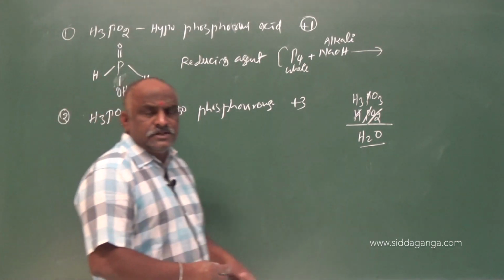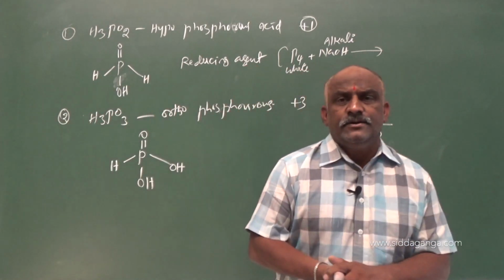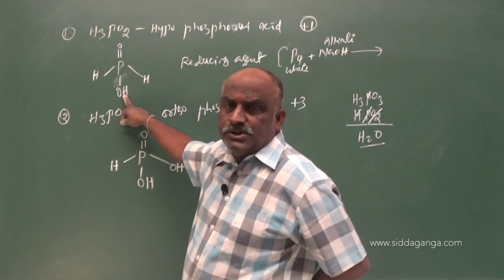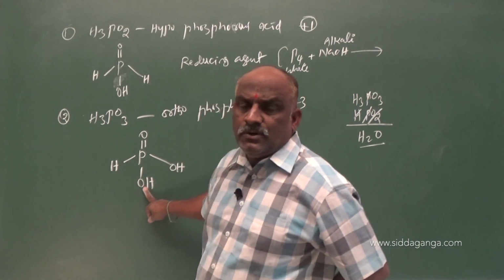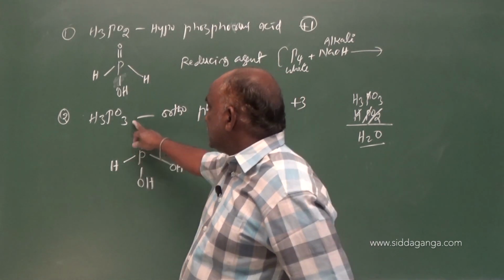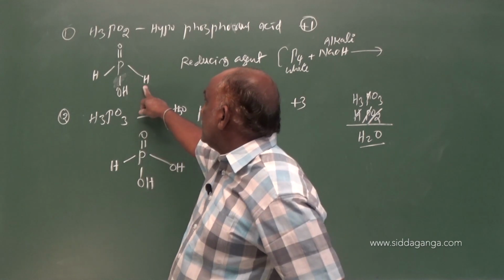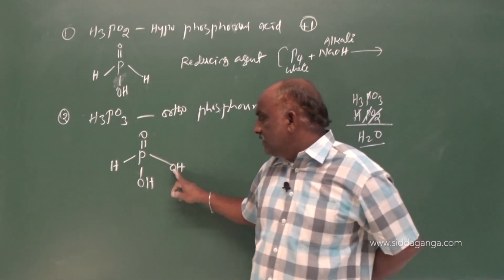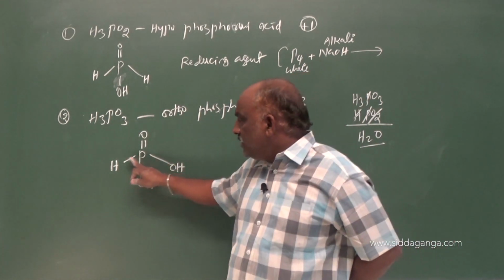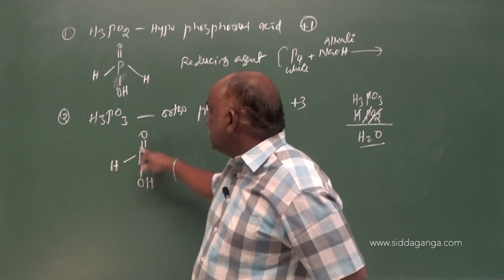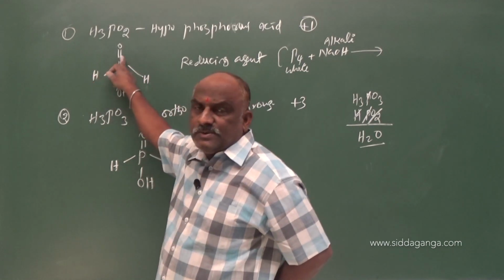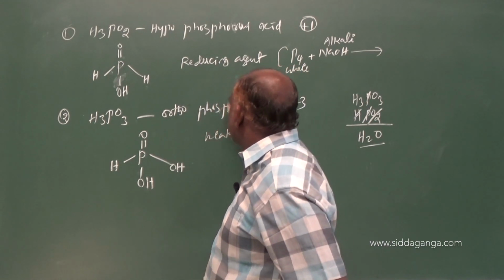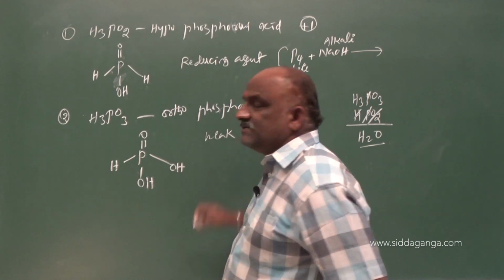See this. This was the structure. This was a technique to draw the structure of the compound. How many OH groups here? 1 OH, monobasic. Here number of OH groups? 2 OH groups, dibasic. Hypophosphorus acid is monobasic. Orthophosphorus acid is dibasic. Only one hydrogen is directly attached to this phosphorus, while here 2 hydrogen atoms are attached. So the first is a strong reducing agent and this is a weak reducing agent compared to the first example.